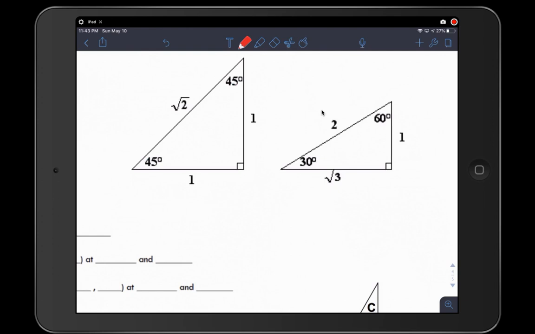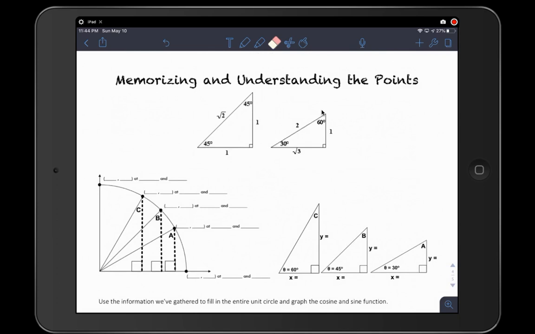So this one is 45, 45. Remember, that's the same as pi over 4, pi over 4. And then this is 30, 60, 90. That one is the same as pi over 6, pi over 3, and 90 is pi over 2. So we could put that in if we wanted to. But let's take a look at this, because these triangles, right, they are